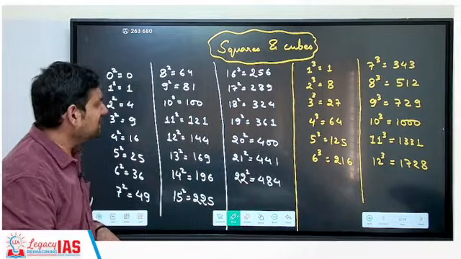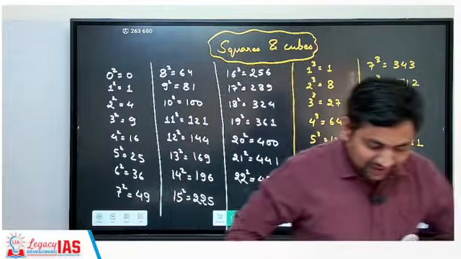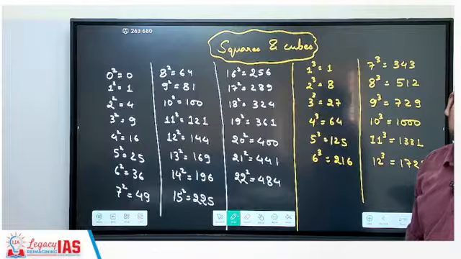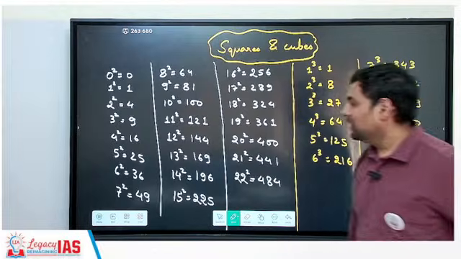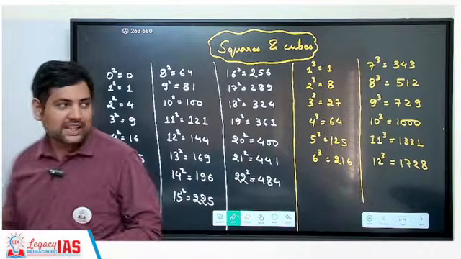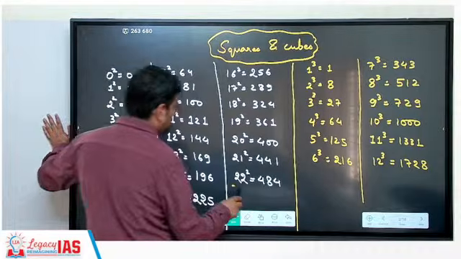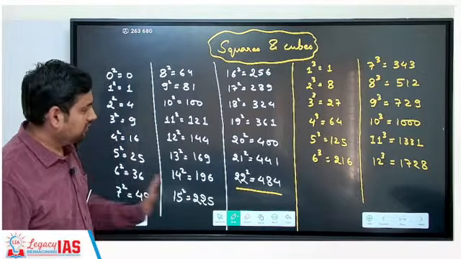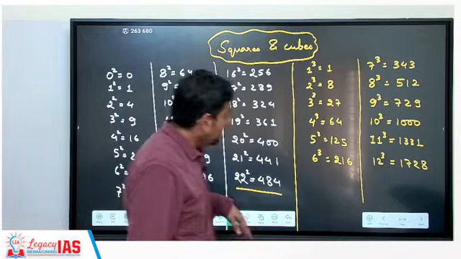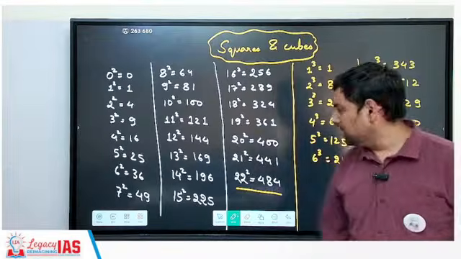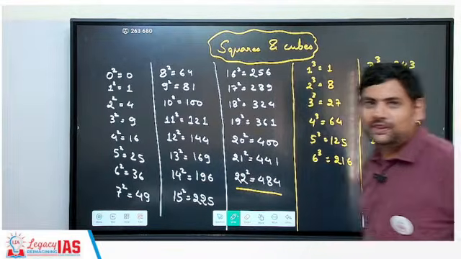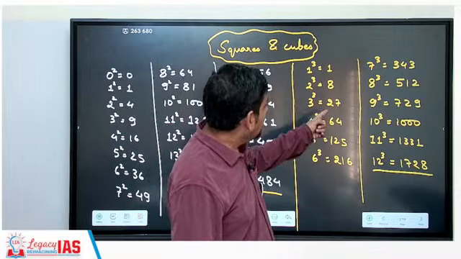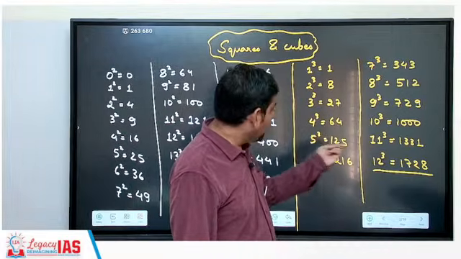Now the next thing is squares and cubes. Whatever I have written on the board, at least these many squares and cubes you should remember. At least these many. Okay. So it starts from 0, fine. So basically from 1 to 22 you should remember the squares. Okay. And cubes also you should remember till at least 12. Okay. 22 and 12. Now, some cubes you might remember: 1, 8, 27, 64, 4 cube, 5 cube is 125,